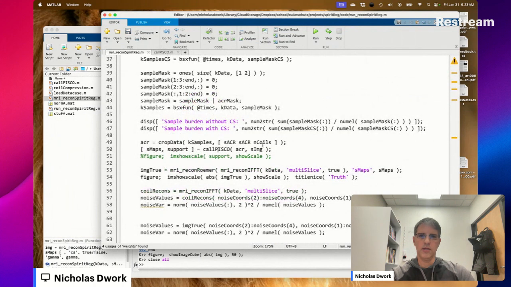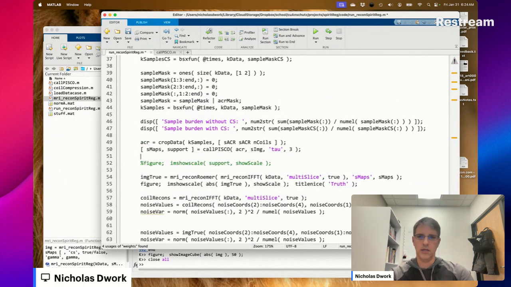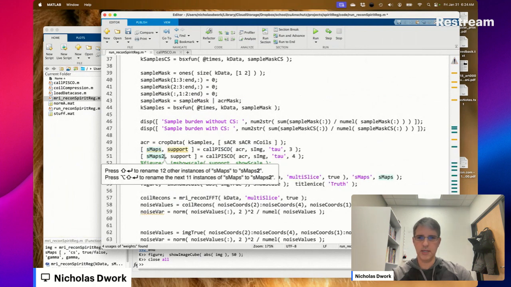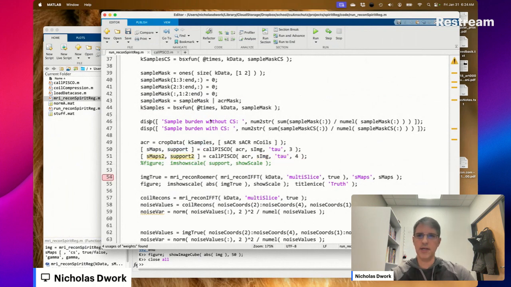Okay. So now we could call Pisco twice with two values of tau. Tau is half the window size. So if we thought T3 was fine before, what is it now with a window size of 4?